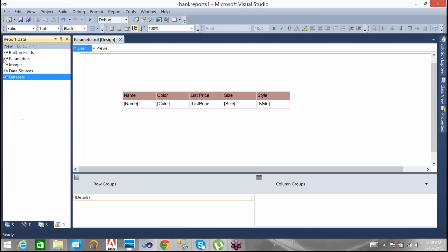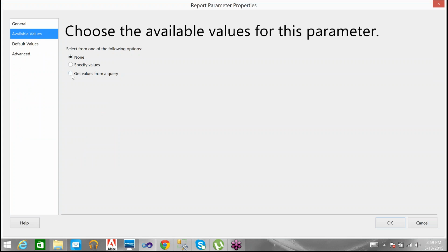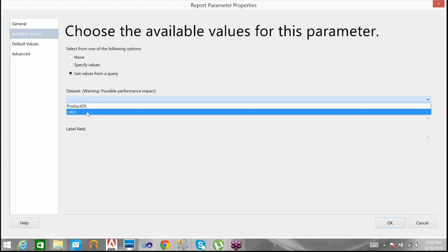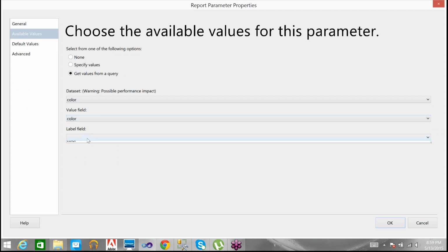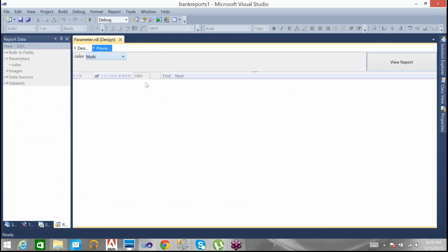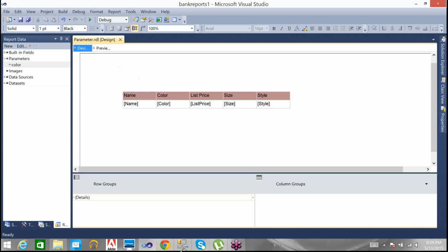then go to the parameter, color, and parameter properties, available values, get the values from the query. Then it is not the product dataset, it is color, connect the color. Then you have all the colors. If you want multiple colors to be selected, then what you need to do?